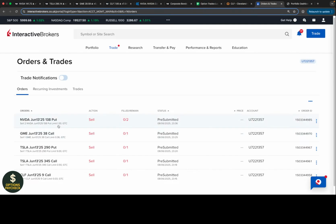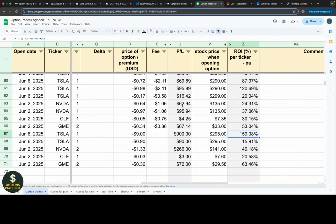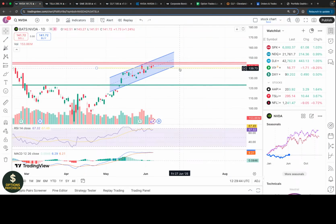The premium is $1.33. So again, very nice premium. I would be getting $266 next week from Nvidia. But let me go a little bit more into the detail. I'll just put here